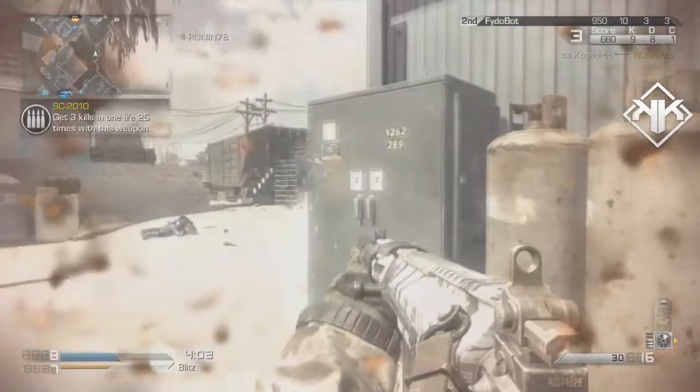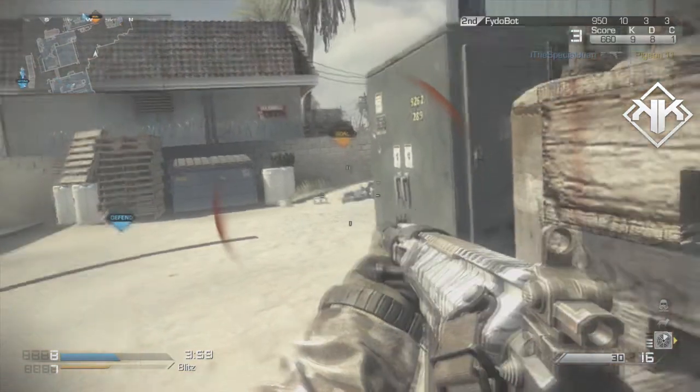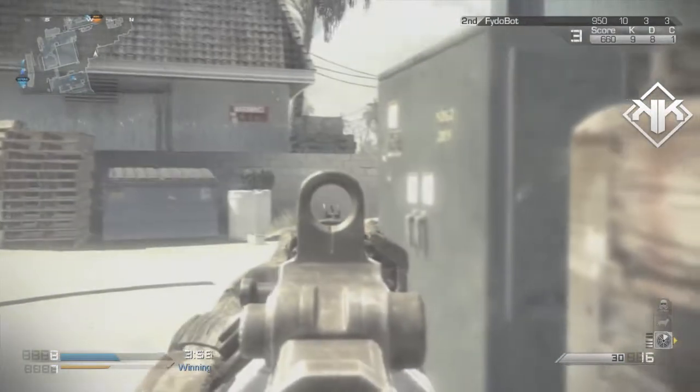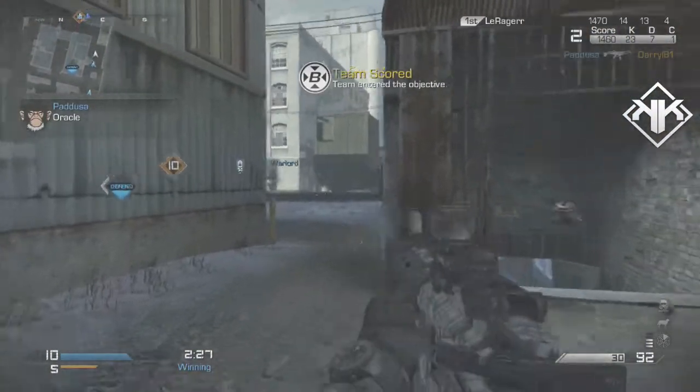Now the BADGER can be unlocked using 9 squad points, so that's the first difference guys. You need 9 squad points to unlock the BADGER, but I do advise you guys to use those 9 squad points straight away. Now moving on, before we take a look at any in-depth stats for both these weapons,